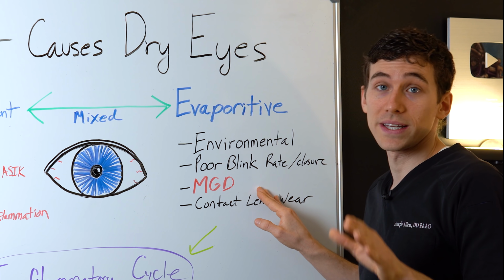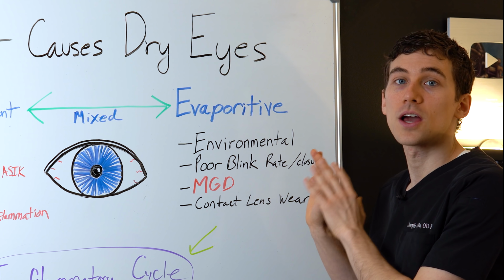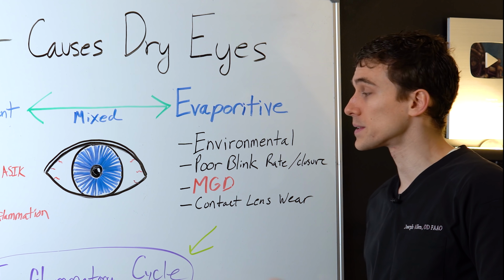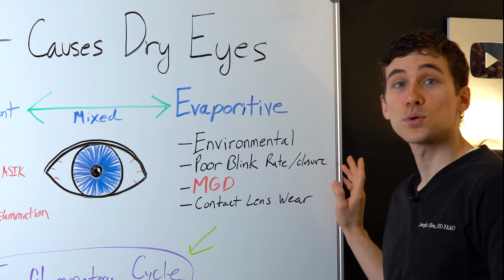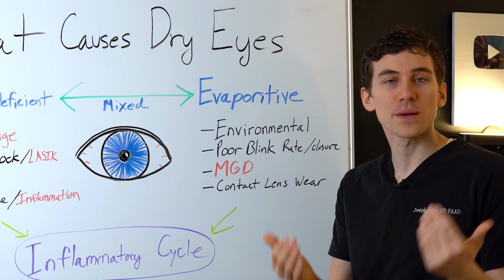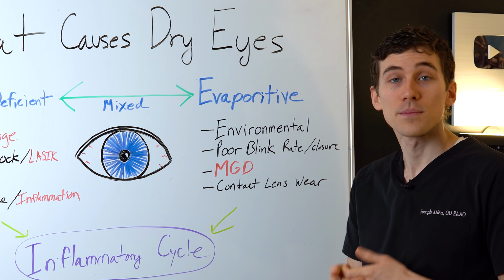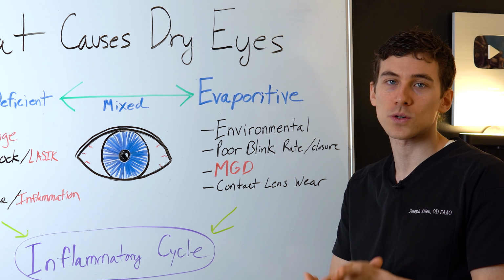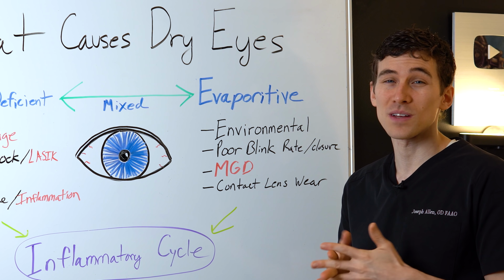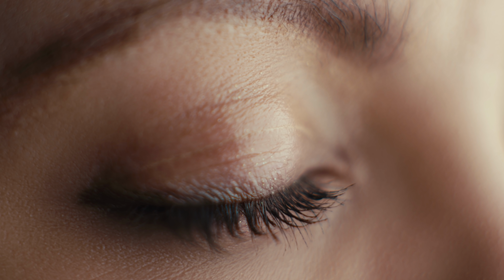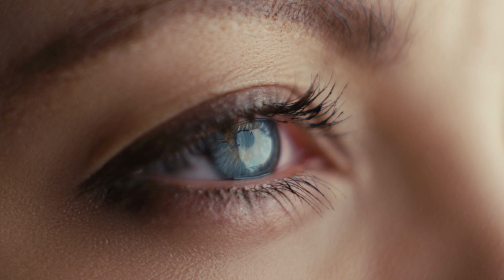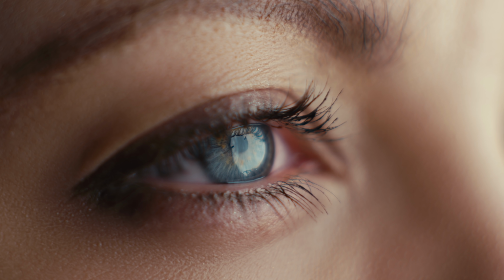Now this next one is really important to listen to, because this affects so many people, even younger individuals who are on things like the computer all day, and that is poor blink rate and poor eyelid closure. When we're sitting just in conversation, we typically blink around 20 times a minute. But as soon as we go onto a near device, like your phone, a computer screen, a tablet, then your blink rate drops to only about 5 times per minute. And that can be significant, because then your eyes are going to be open and your tear film is going to be evaporating much faster.